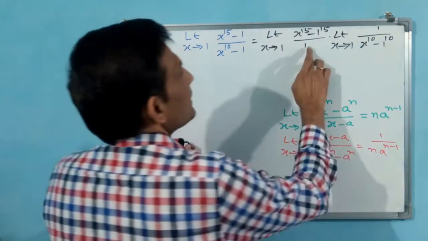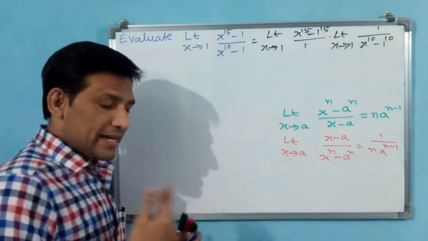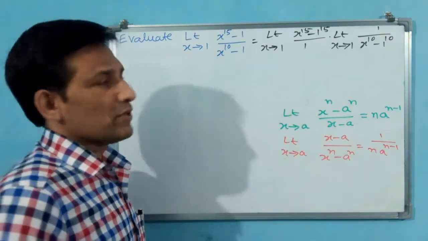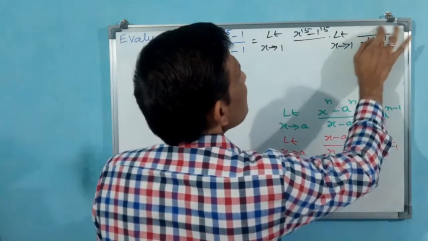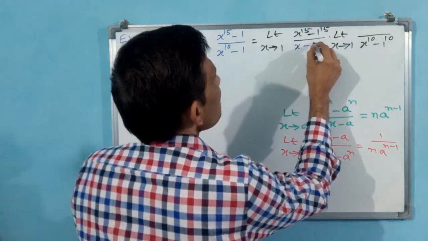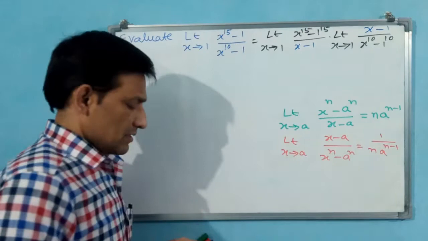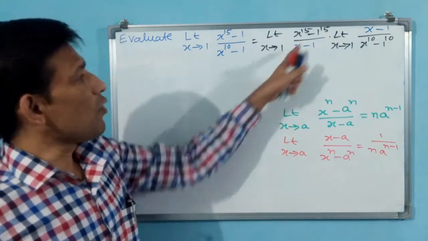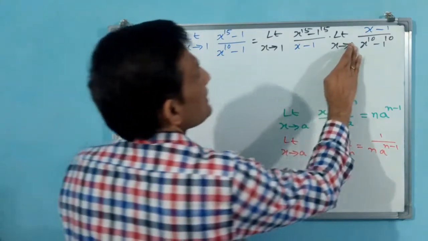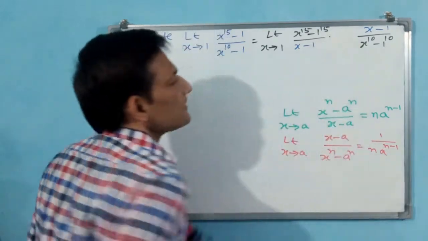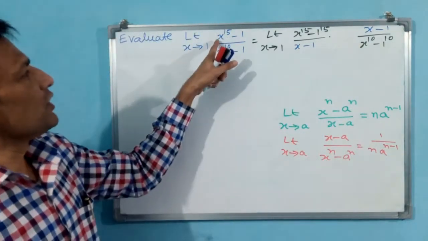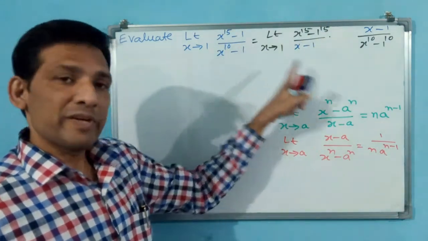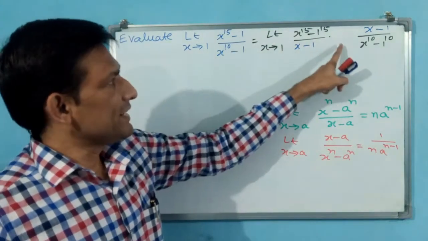You see what I am doing. First you have to understand this, then only see. If I write all the steps directly, you cannot understand. That is why I am writing slowly, one step by step. But now I am not writing this 1. I am writing this x minus 1. Is it okay? Now you ask how it has come. Now I want to do it like this. Is it okay? Definitely okay. Why? Because x to the power of 15 minus 1, x to the power of 15 minus 1. 1 to the power of 15 means 1 only. 1 to the power of 10 means 1 only. I have split it like this.